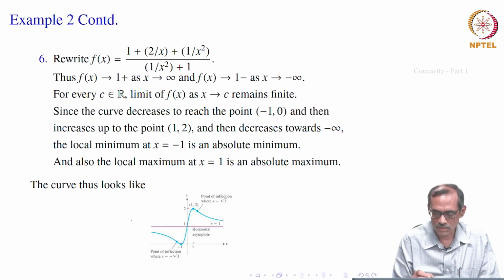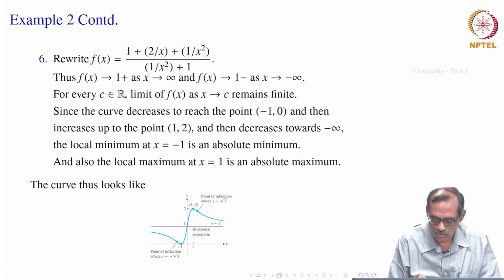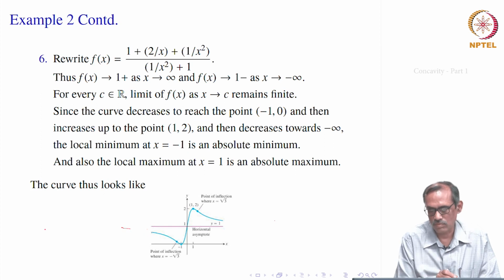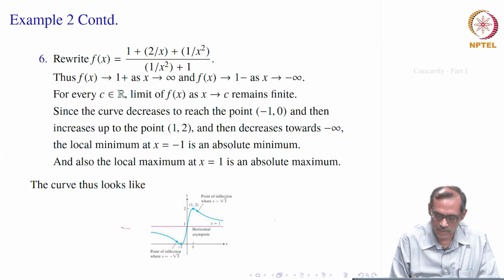So, now summarizing all this information, we would say that the curve might look something like this: at y equal to 1 it will go to meet at infinity, and at x equal to -1, after that it decreases. So, this way on the left side. So, it is going this way to y equal to 1, and at these points -1 and 1 there are local minimum and maximum. So, the point of inflection is x equal to -√3 here.